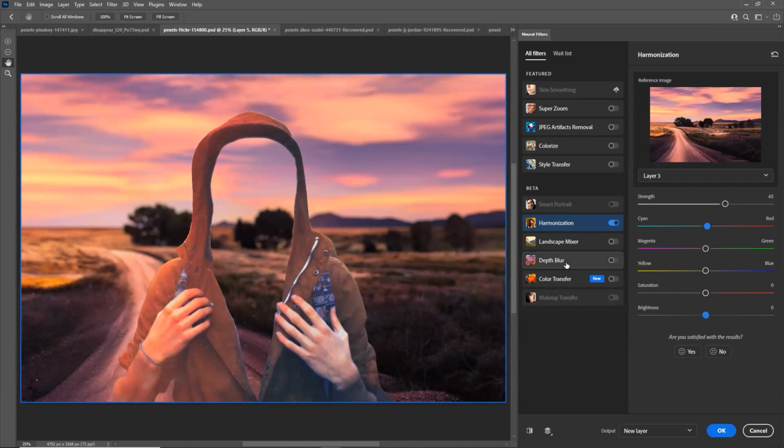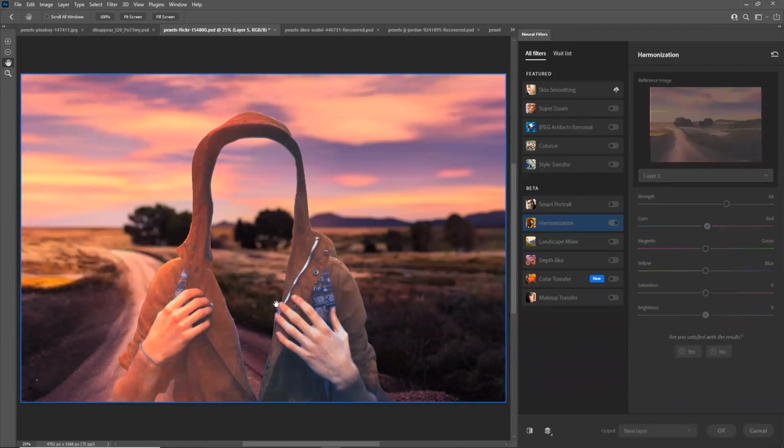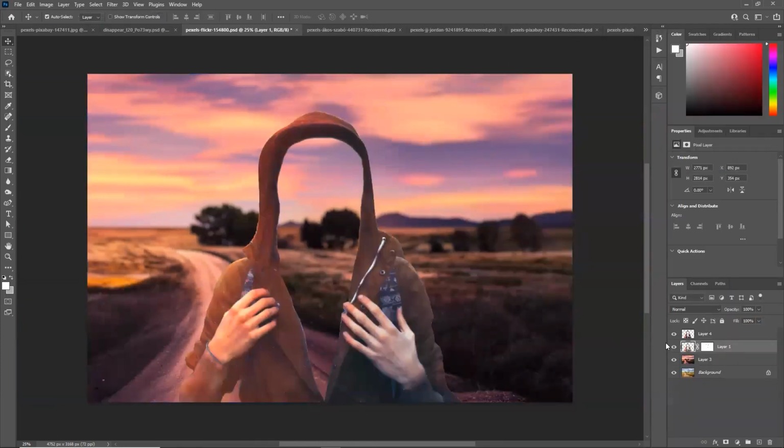So that is the magic of harmonization. You can obviously change the tone strength based on your requirement and based on the image that you have in the background. Okay, and as you see, it has again created this thing in a new layer. Amazing, right?